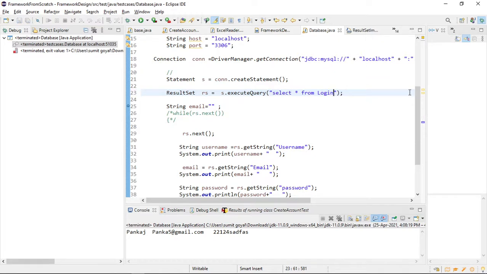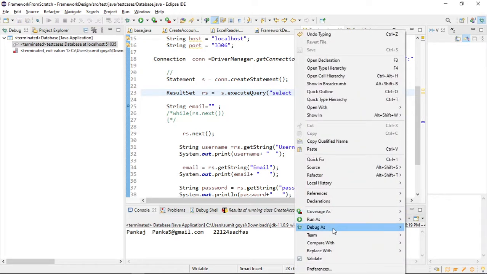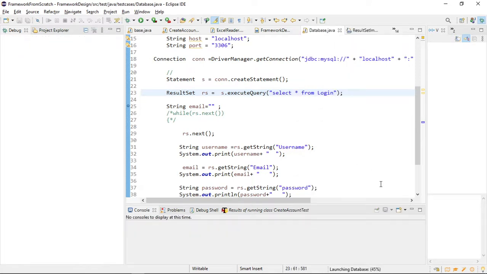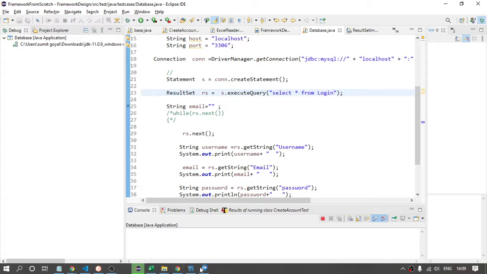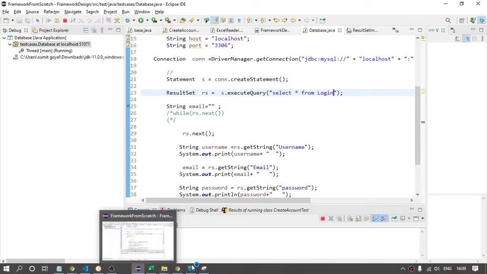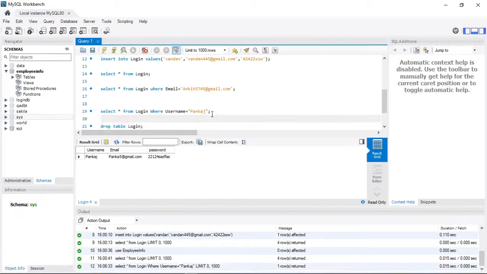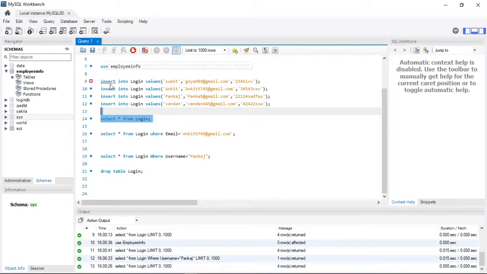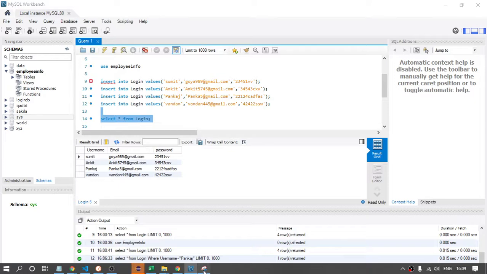If you do like this, what will happen? Let me take the snapshot again.